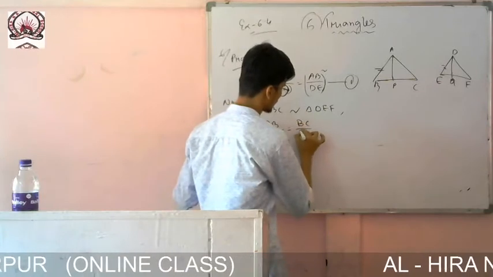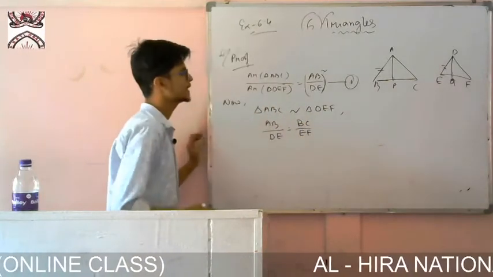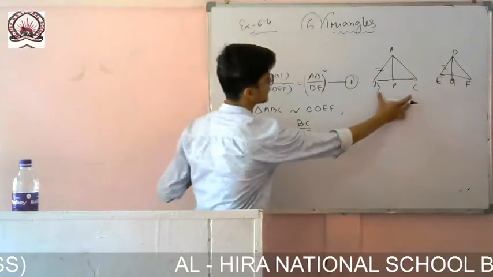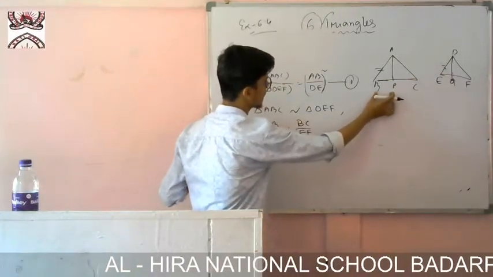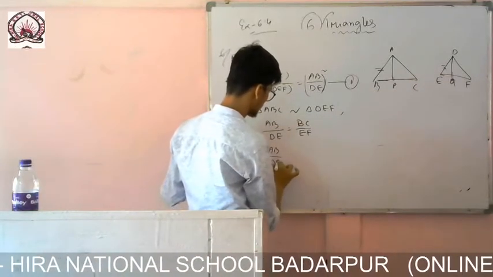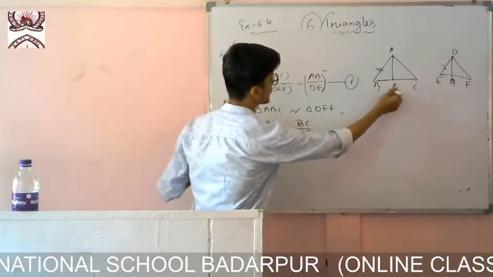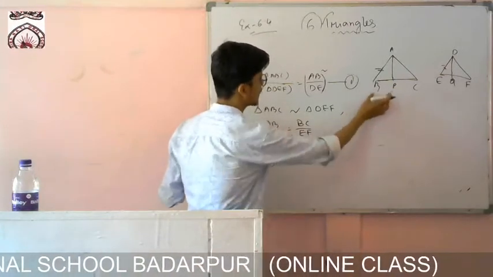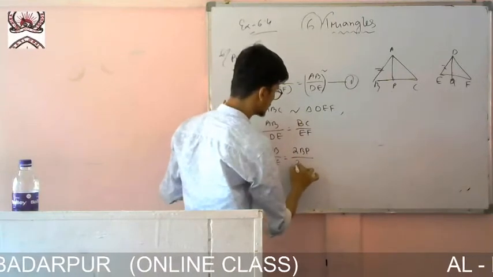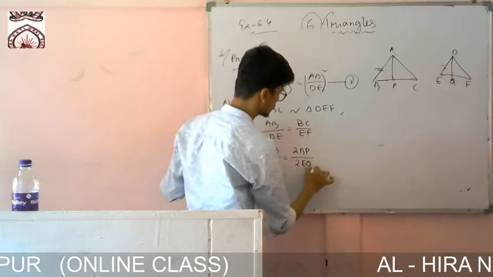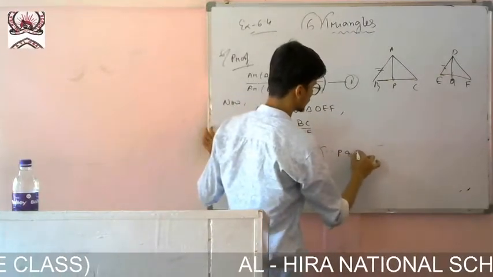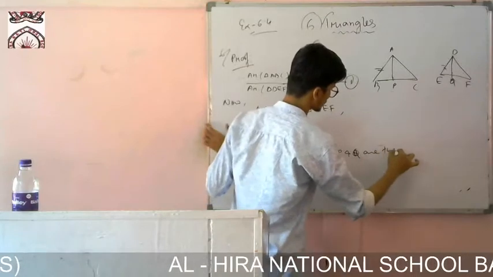BC is the side and P is the median, so I can write BC as twice BP, and EF as twice EQ, since P and Q are the medians